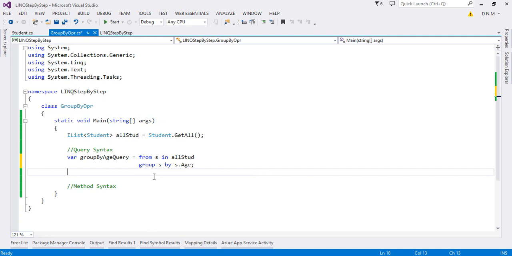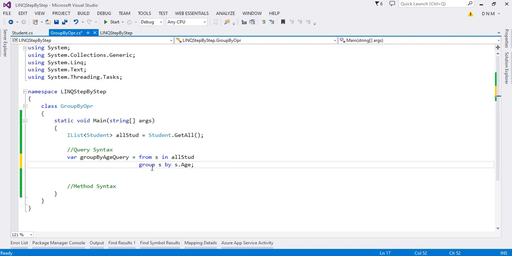That's it. So till now what we saw with the help of query syntax, after this from statement we have to write a select statement only. But after the from statement you can either write select or you can write a group statement. Now this will group your student records by age.